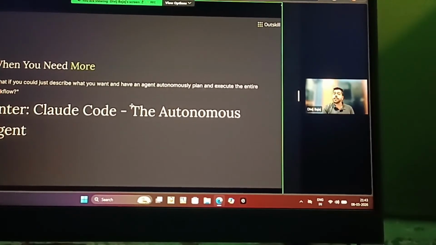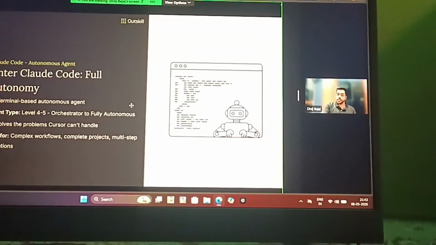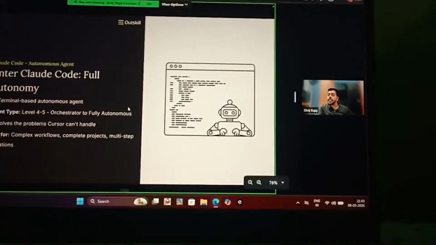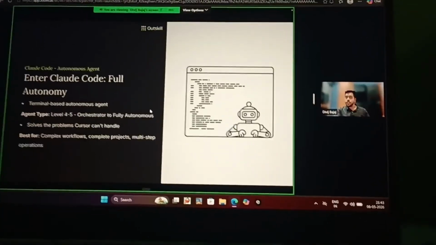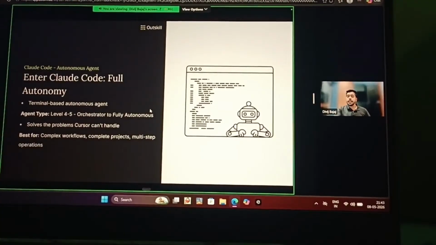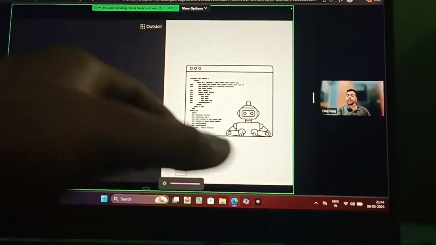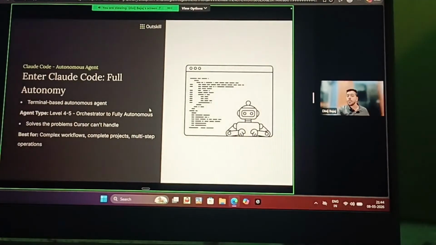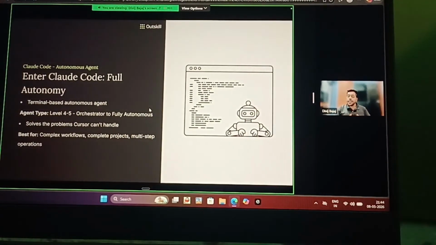I use the command line, Windows PowerShell, to operate Claude Code, and these agents are autonomous in nature now. When I say autonomous, they are building agents; they can build a full-fledged feature's code, all the files, maybe 10, 20 files which you have planned and which need to be executed. It will take 20, 30 minutes, but it will write the entire code for you. So this is like an autonomy where you, as an engineer,